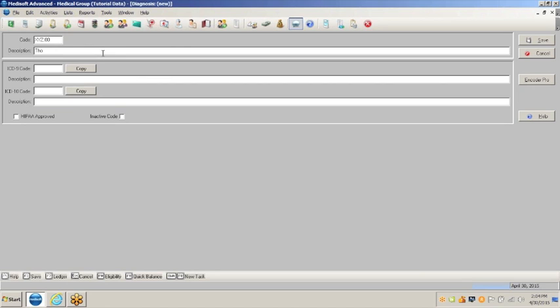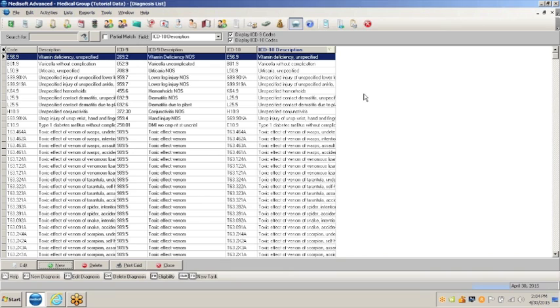And if I type here that this is a test, and now there's no ICD-9, so I'm just copying this here, and in ICD-10, it's the same thing. You have to have all of this filled in. I'll show you why in a second. I'm just going to save this here. So I just created a code, and now the reason why you have both of them is because when I'm